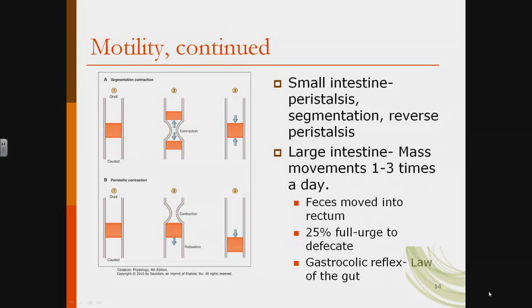If you put something in and walk away, there's going to be receptive relaxation ahead of that object and a contractile ring behind it. And it's very easy for things to start moving upwards through the GI tract. And on a social level, there are some populations that have practices where they might insert things into the anus and rectum, and this becomes problematic because of the law of the gut. It gets sucked up further, and then they have a problem retrieving it.